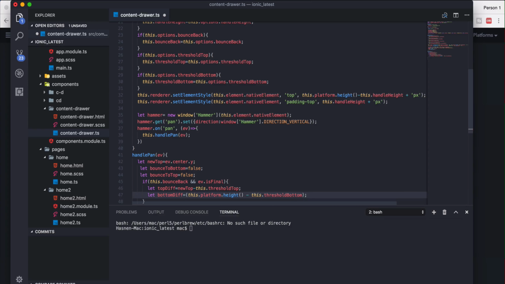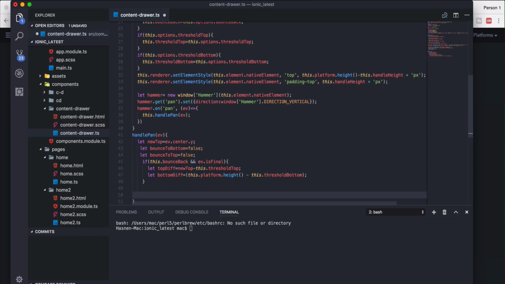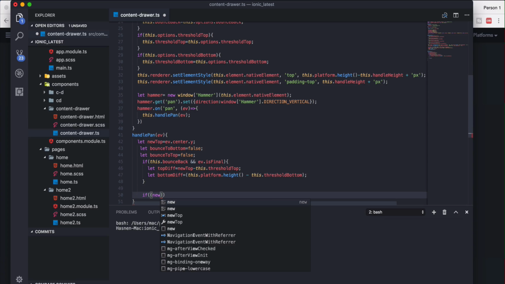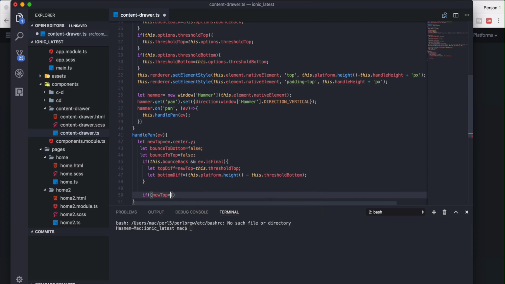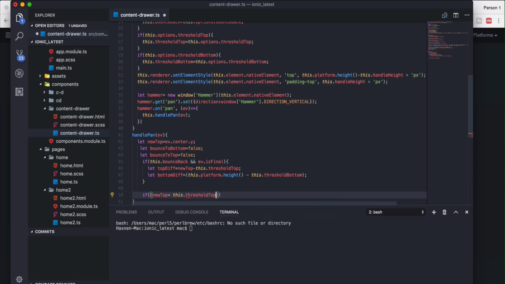Now we are done inside our if. Just get out from the if, and we're going to check two or three more conditions. So if, inside two more brackets, if new top is less than this dot threshold top, then